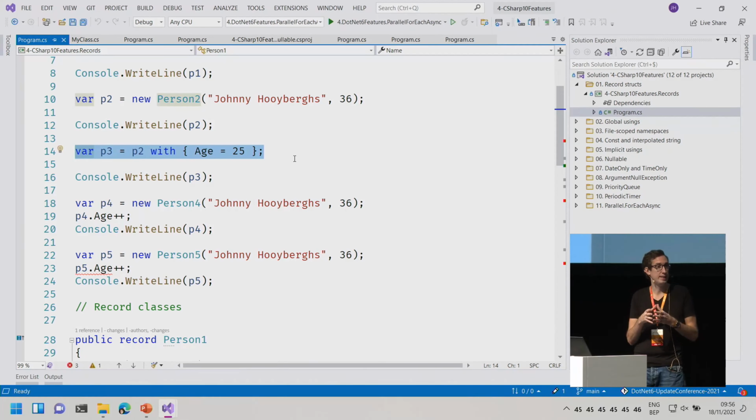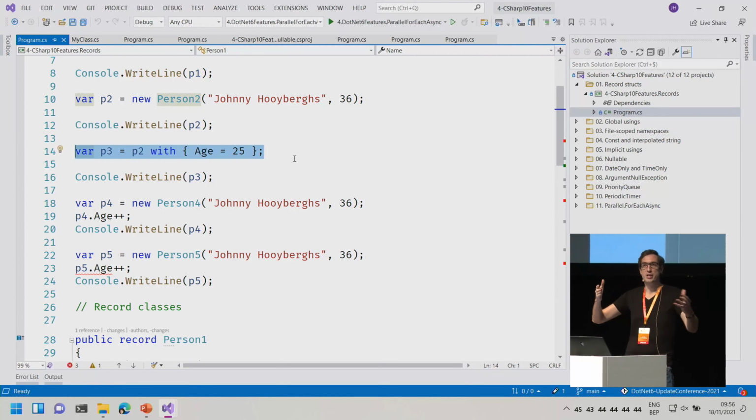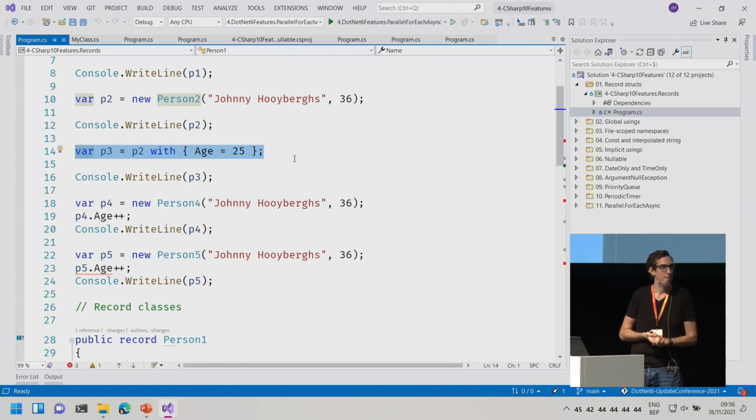So if you're doing stuff like this in your code base, so if you're not changing the state of objects, but you're just generating new objects with a slightly different state, it's very easy to do it like this. With a class, which is a reference type, you cannot do that. So I hope that was an answer to that question. Maybe just a little follow-up. Is this a shallow copy or a deep copy? It's a deep copy. So records can use other records and they all have these features automatically added to them, so it will deep copy your object automatically.